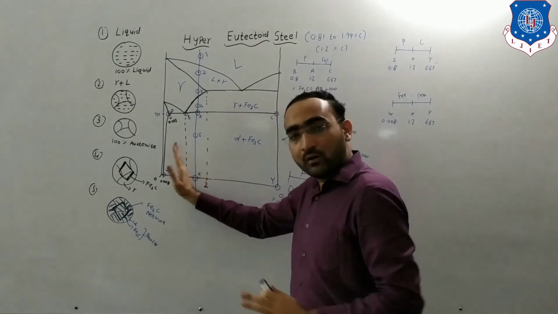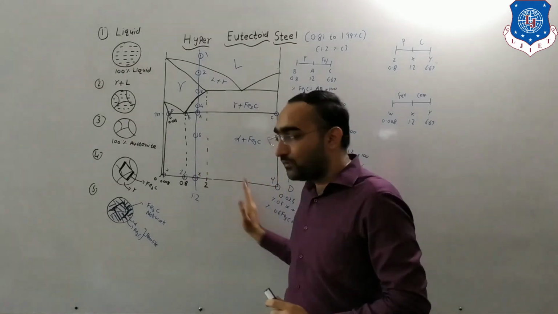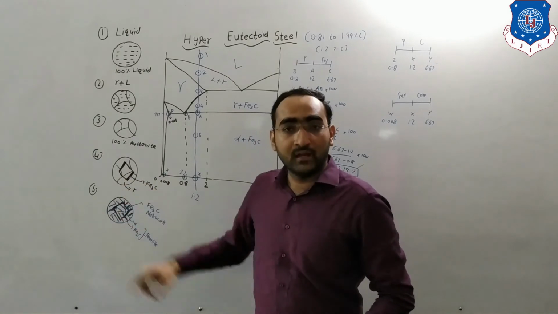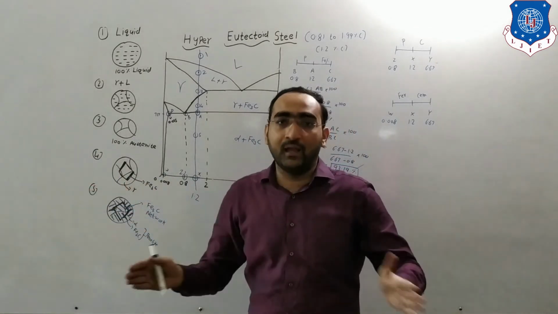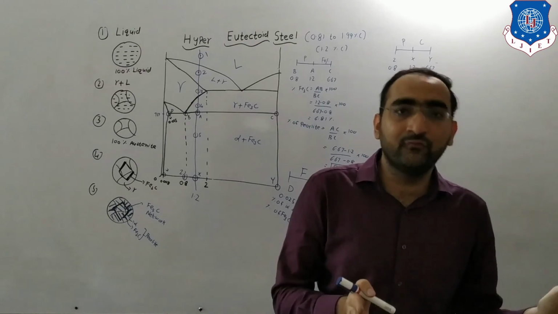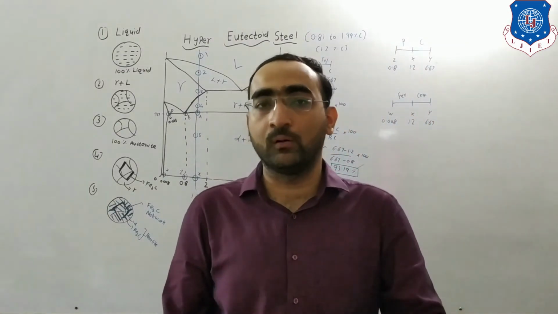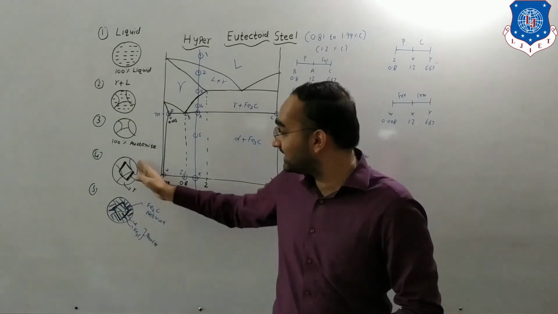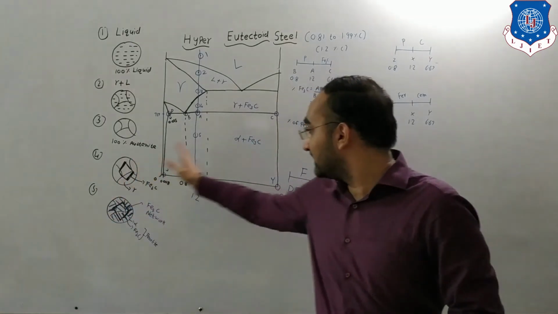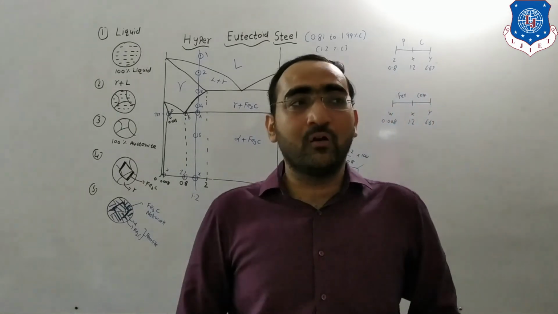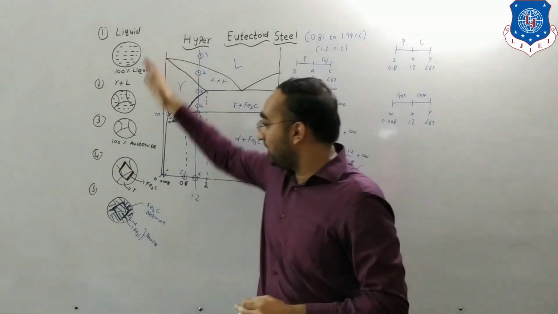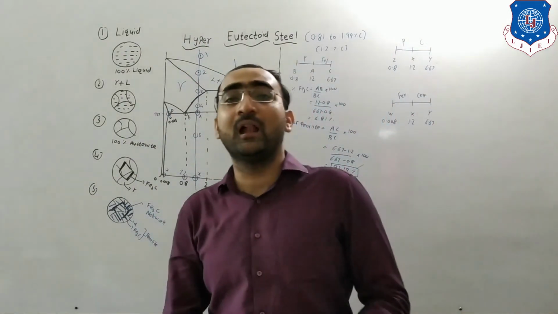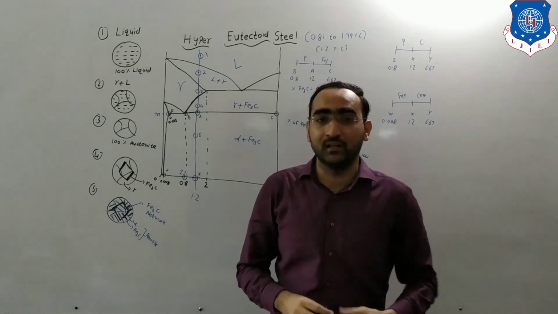As we move forward, once again on the right hand side of 0.8, you can see the cementite network forming. That means as we go from 0.8 to the left, we find more ferrite region. But as we move to the right hand side of the 0.8 mark, you can see the cementite growing till 6.67. And this is how we can say these are the different microstructures and the different information which we can find with the help of the hyper-eutectoid steel. Thank you.